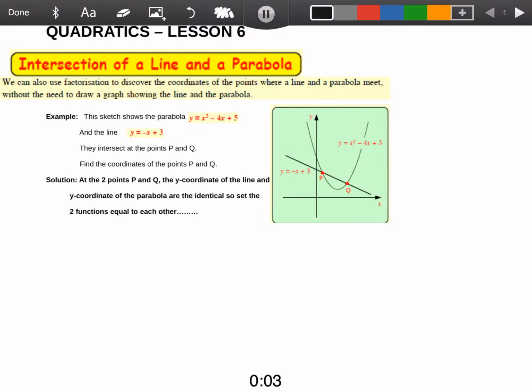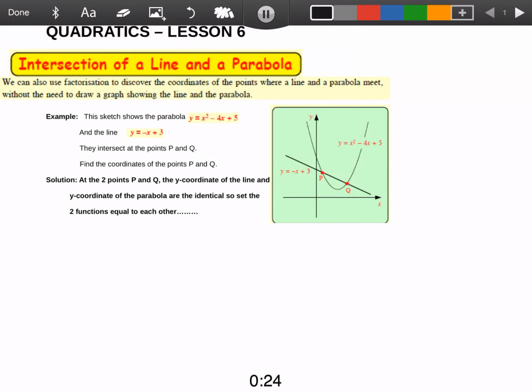Welcome to Quadratics Lesson number 6. In this lesson we'll be looking at some problem solving exam type questions. Typical in the National 5 paper, these are tricky questions that would tend to come up towards the end of the exam paper. Okay, so first one we're going to look at is the point of intersection of a line